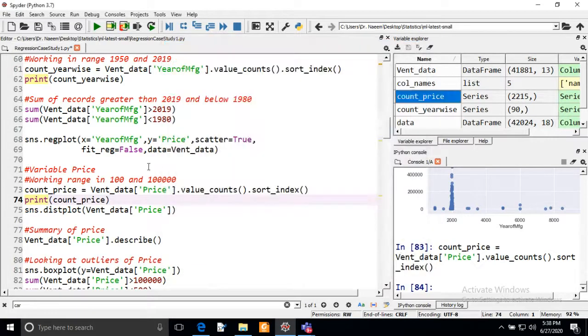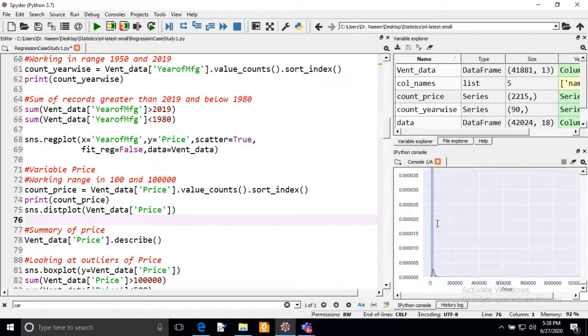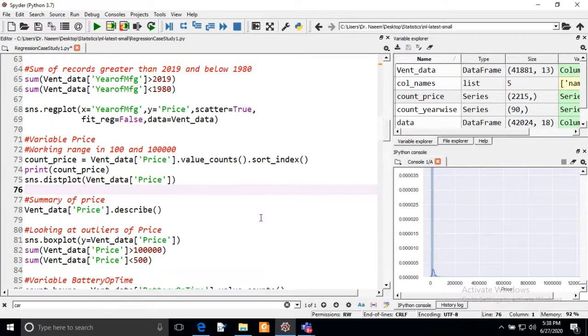And we can also look at the frequency distribution of this price, and we can plot the distribution plot. If you look, we have many entries under the zero category, and for the remaining, the curve is very skewed. Now we come to the summary of the price.